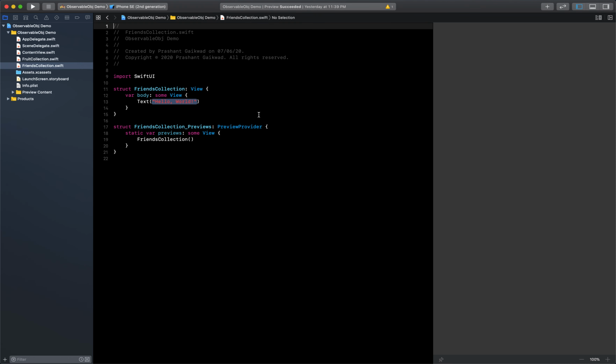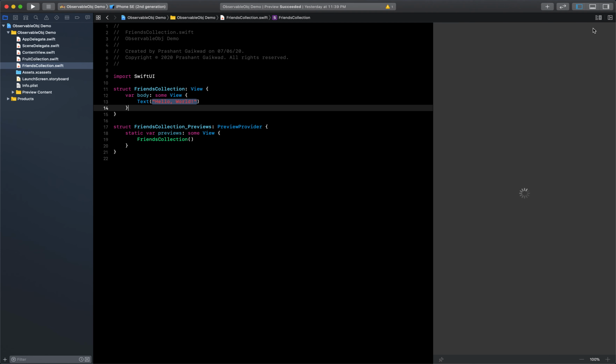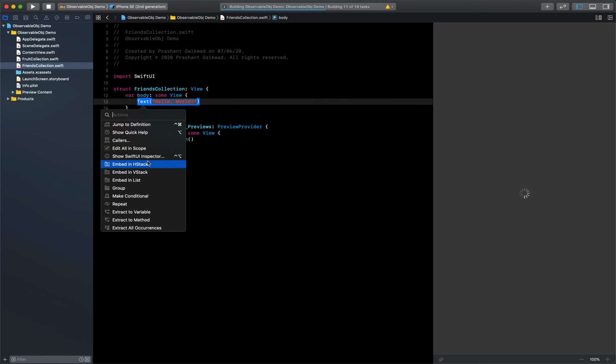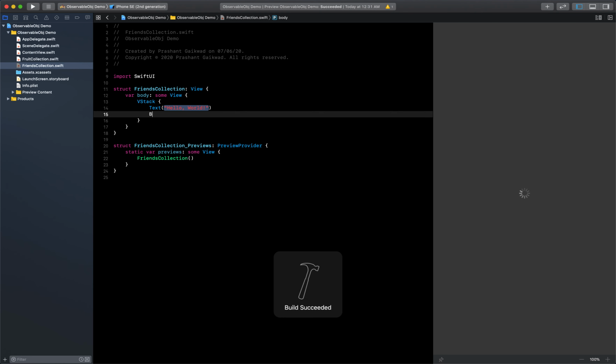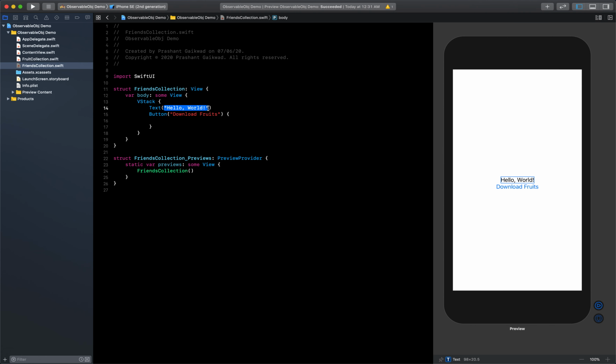Let's create this and let me click resume, and here also we will have the same UI where we will be having one button, and this button will also do the same task like download fruits. And let me pass one value here as 0 for now.